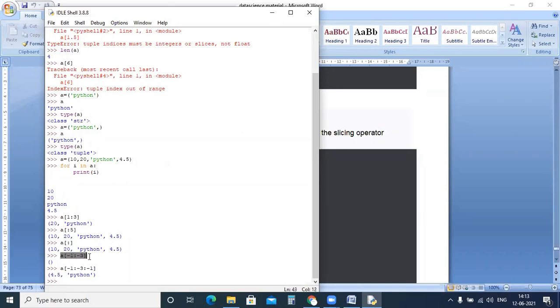A of 1, -1, -3. -1 is 4.5 and -3 means the 3 value is not included, up to -2 only. So this -2, we are moving in the reverse direction. But the third parameter we did not mention, which by default is 1. That means we have to move forward. So backward, forward, it is a mismatch. If it is a mismatch, we don't get any error. What we get is an empty tuple. Is that clear?